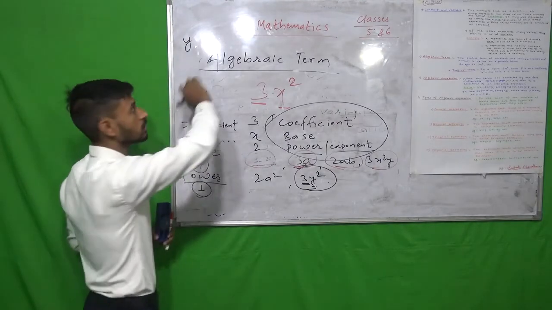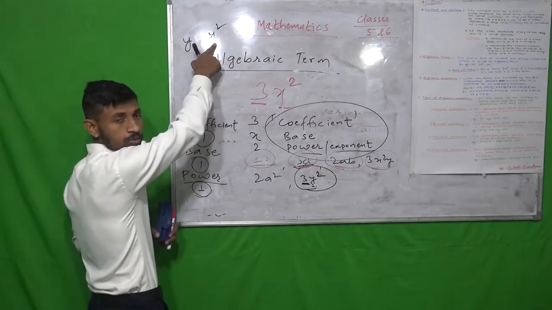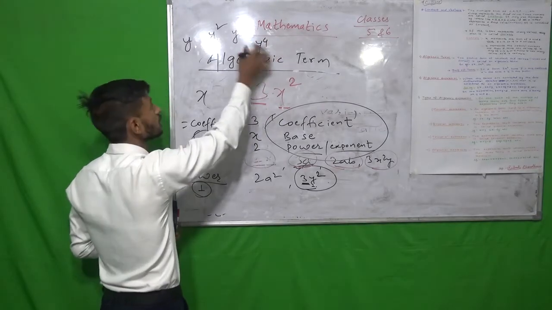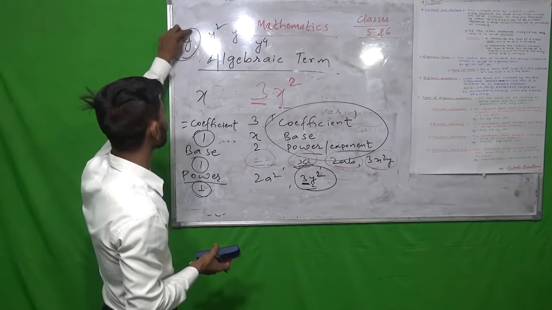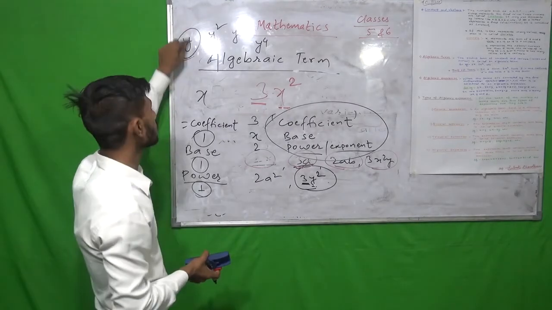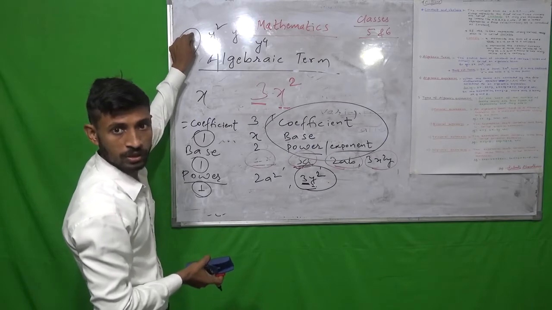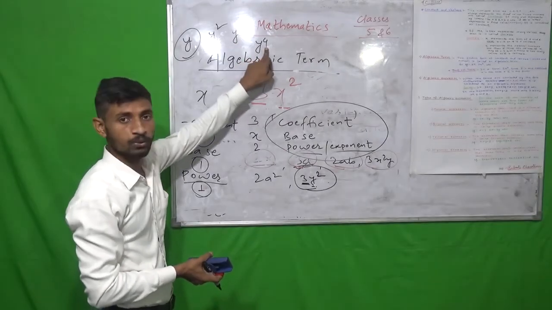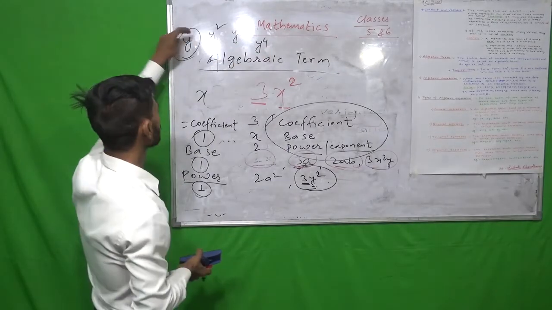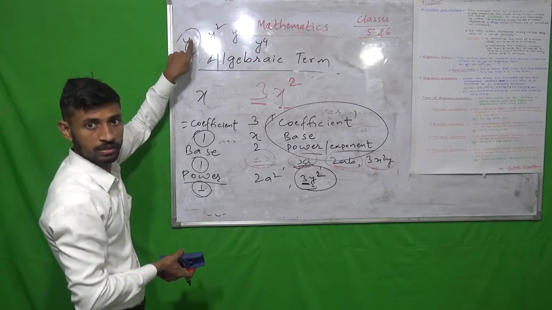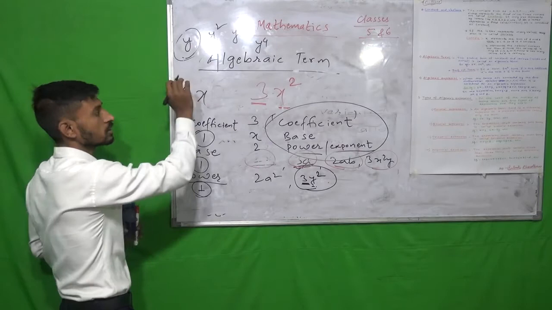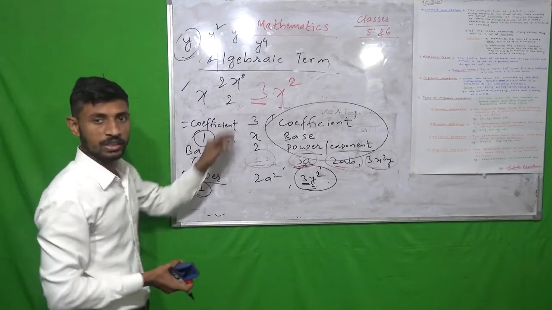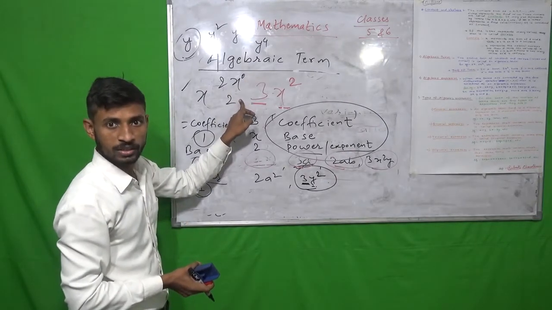Simply y, its power is 1. Y squared, its power is 2. Y cube, its power is 3. Y to the power 4, then its power is 4. Only y, then that means it has power 1. If the letter has power 1, then 1 is no need to write there. If power 2, then 2 is there. 3, then 3 is also there. 4, then power 4 is there. But power 1, then only y should be there. If power 0, then no letter. If it is 2 into x to the power 0, then only 2 is there, because the letter having power 0 should not be written there.